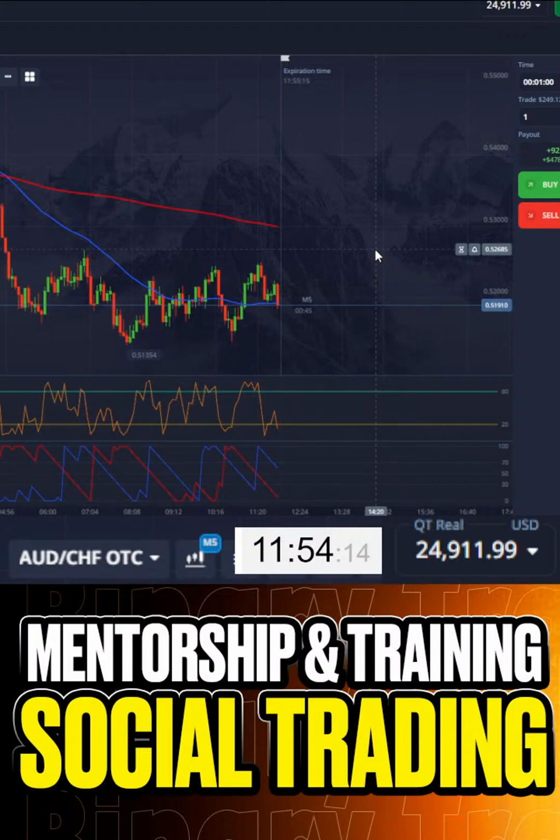Alright, what I want to tell you first of all, what is this? This is the trading panel. This is the chart with the prices. The green candles are buyers. The red candles are sellers. What is a candle? A candle is a single price bar showing open, close, high and low. We can see that the candle was opened here and closed here. That's why the price is lower and the candle is red. These are the basic things you need to know.